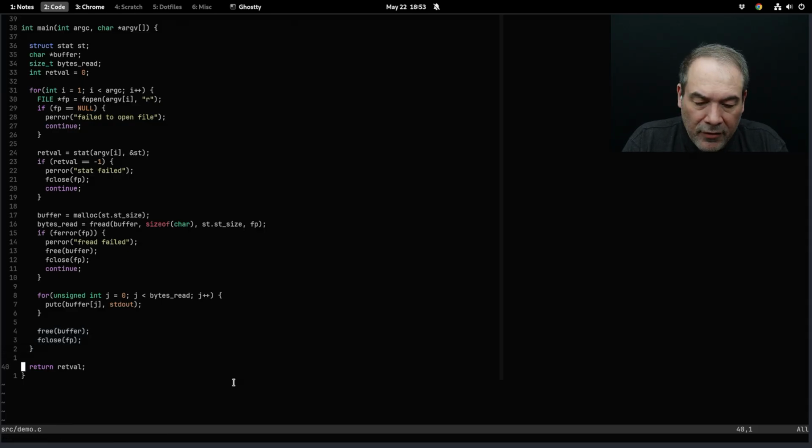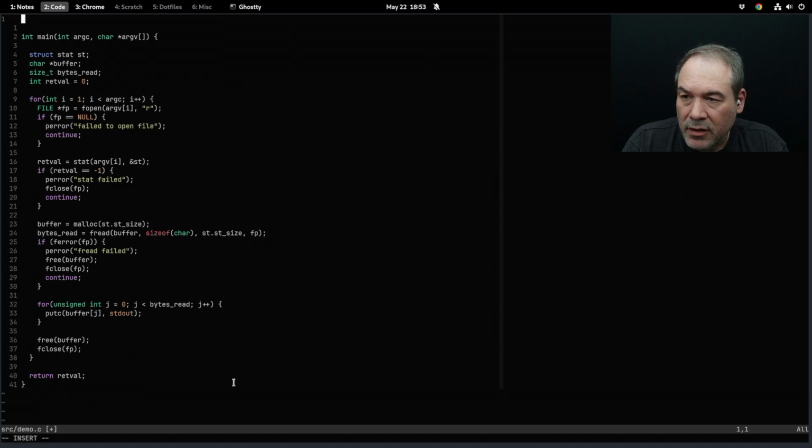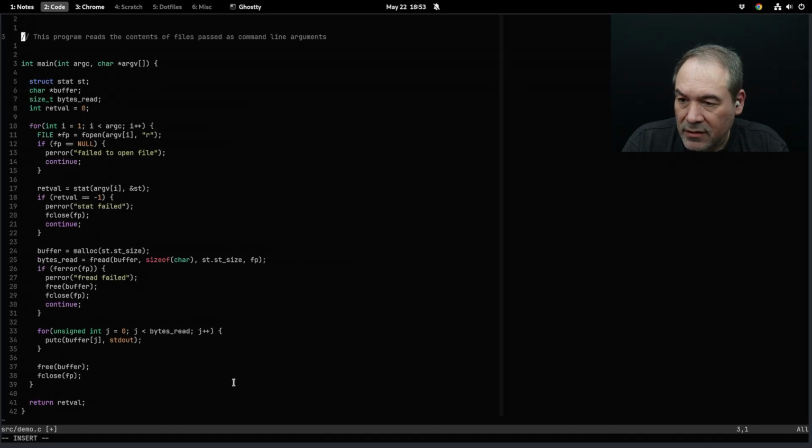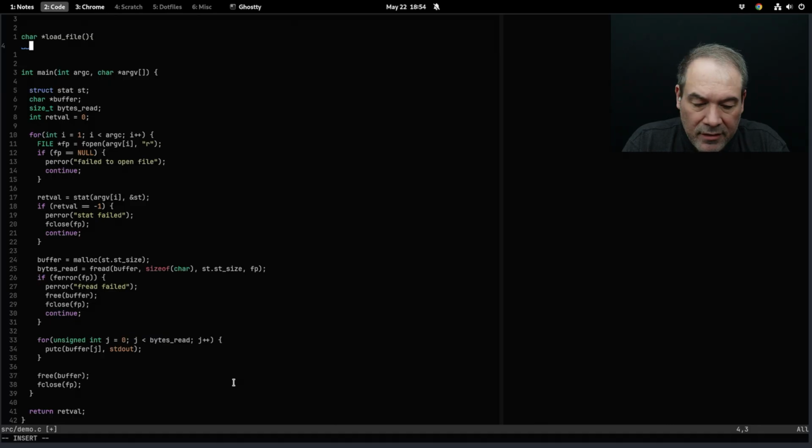return. I think that the first thing that I want to do is let's put this into, what are we going to have here? The only thing we probably need is we need to return the, let me finish a sentence. I want to move a bunch of this out into just functions. So the first one I'm just going to call load file, and it's going to return that allocated memory. So buffer is a character pointer, is what we're returning, and we're just going to call this load file. It's going to have to take everything necessary to load that file,